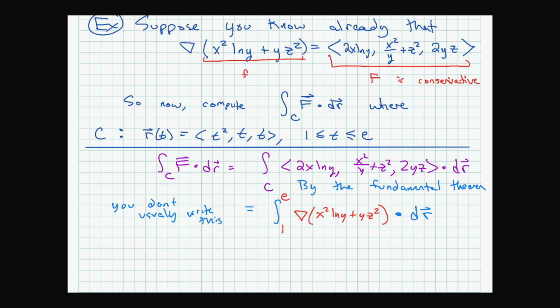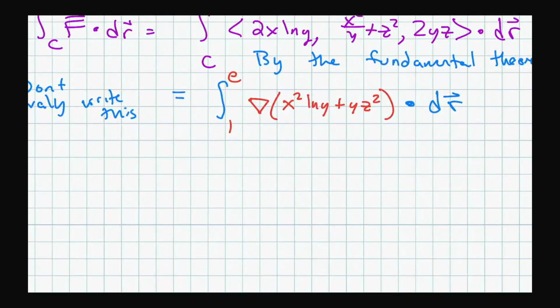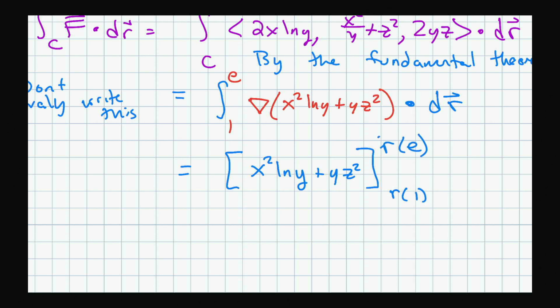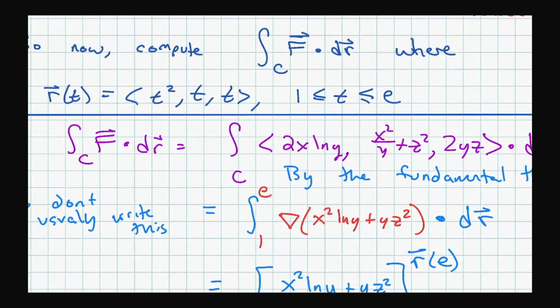So all you have to do is basically do this. It's going to be this function here, x squared ln y plus yz squared. And basically what you do for your limits of integration is they go from r of 1 to r of e. And the reason it's r of 1 and r of e and not 1 and e is because if you think about it here,